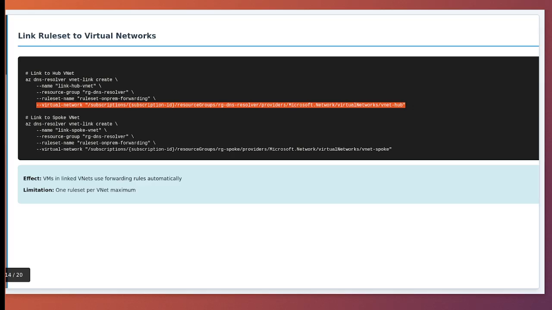This is where the hub and spoke topology really shines. Spoke VNets don't need their own DNS resolvers. They use the central one in the hub. You can link dozens or even hundreds of spoke VNets to the same rule set, providing consistent DNS resolution across